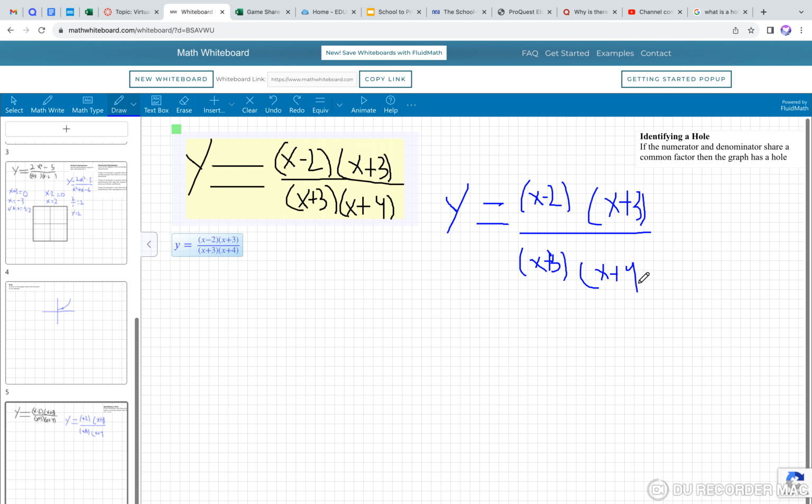So you can cancel these terms. So if we set that cancel term equal to 0, we would get x equals -3. So basically the test for a hole is if there are two of the same terms on the top and the bottom, or two of the same factors on the top and the bottom,